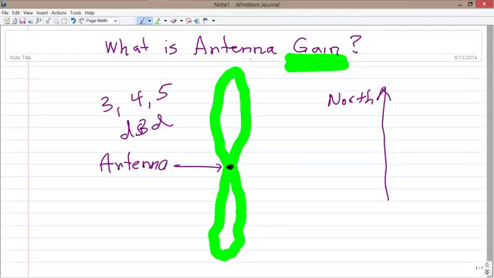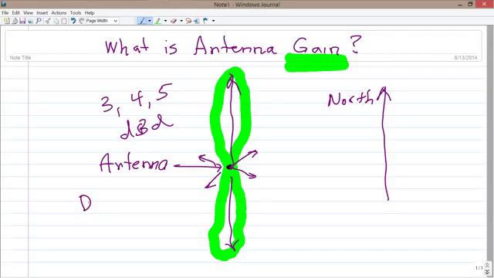But when you talk about that gain, you're referring to the gain in the favored directions of the antenna, which in this case is still north and south. You get less power radiated in these other directions. The gain towards the north and the south comes at the expense of the signal in the other directions, and that is where you get the term